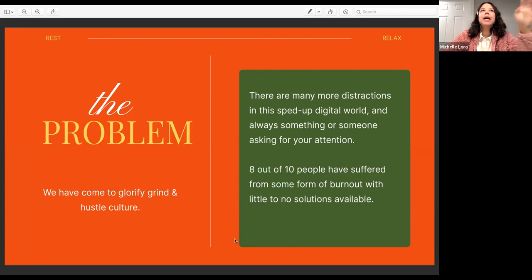Now, many of the things that we've talked about today have been the barriers of entry to Web3. And I'm just going to reiterate that with my own personal use case as an example. As I was personally trying to dive into the crazy world that is Web3, I realized that we were just glorifying grind and hustle culture. I DIY'd my own onboarding experience is what I like to call it.